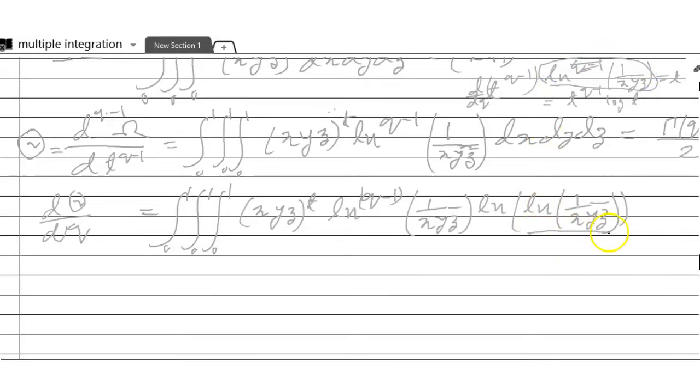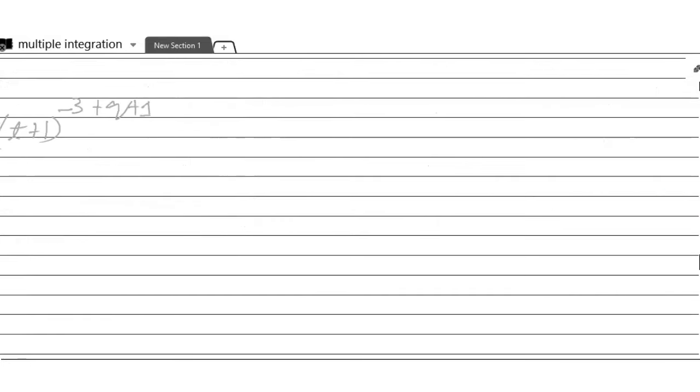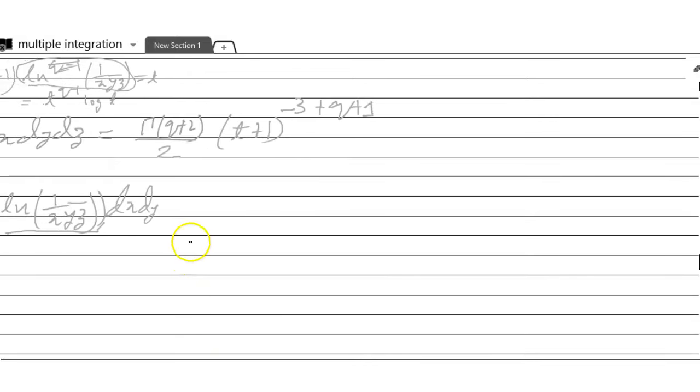So this is coming in here: ln 1 by xyz into dx dy into dz equals,